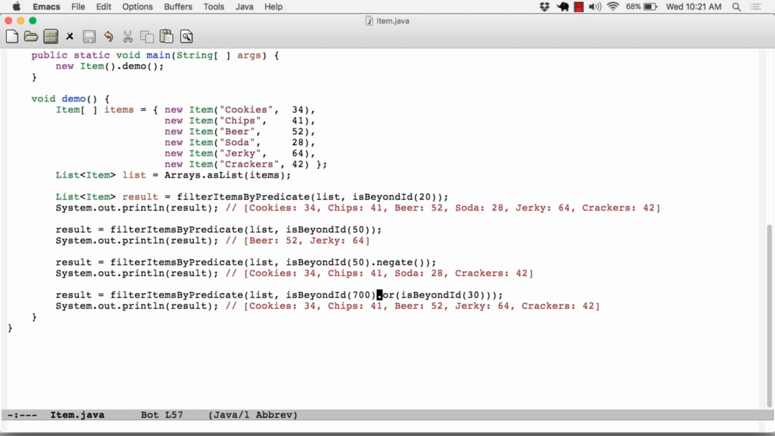So if we reverse the order, if you put 30 here, then you would have captured all of the 30 and above, and Java would not bother to execute the OR isBeyond 700. With an OR, this is a typical double vertical slash in Java. So that's a very first look at how predicates can be used to build, in effect, very high-level data processing